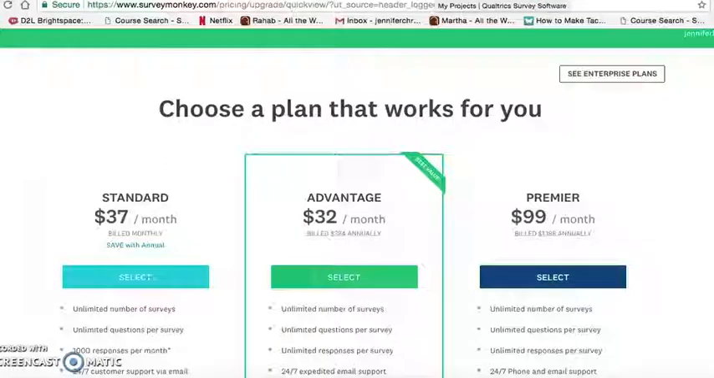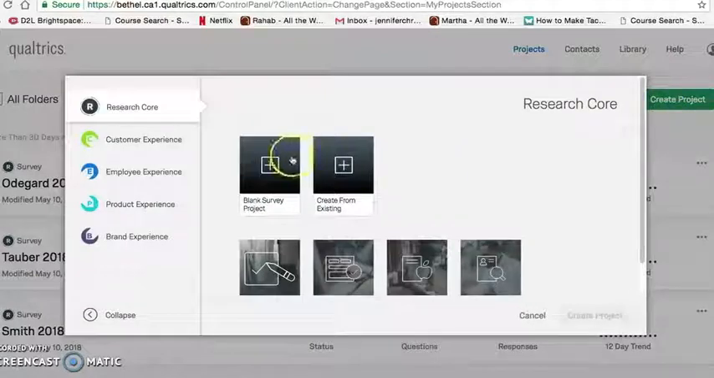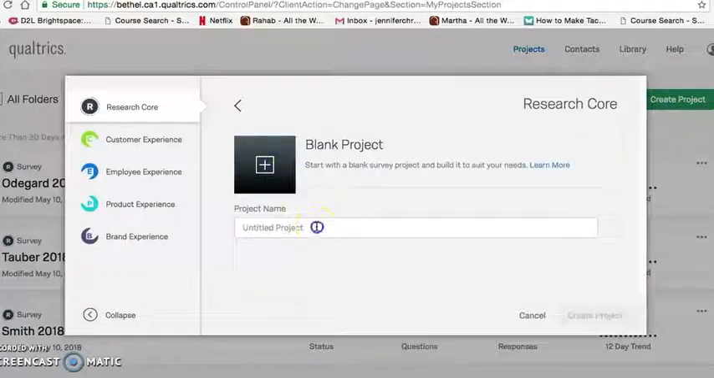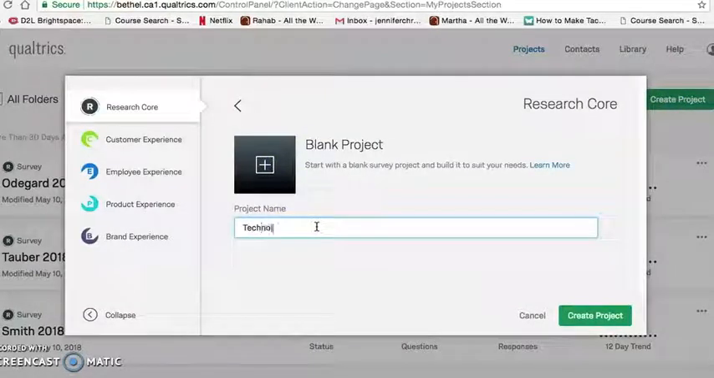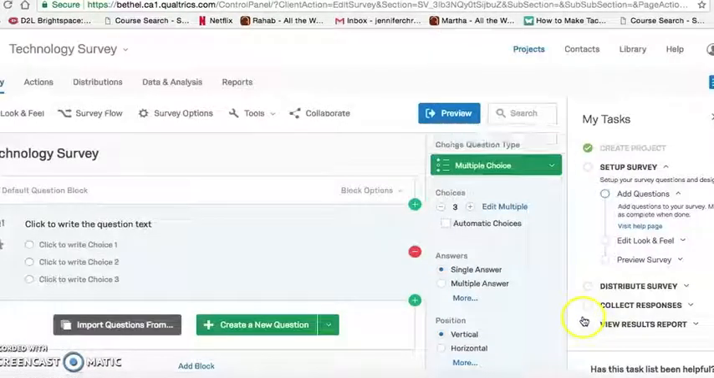The other choice you might use is Qualtrics. If you go to bethel.edu/Qualtrics, you would be able to get to your Qualtrics account, and you just simply click on Create Project and Blank Survey Project. And then you can title it Technology Survey, create project. I like this. It's like SurveyMonkey on steroids. I used it for my